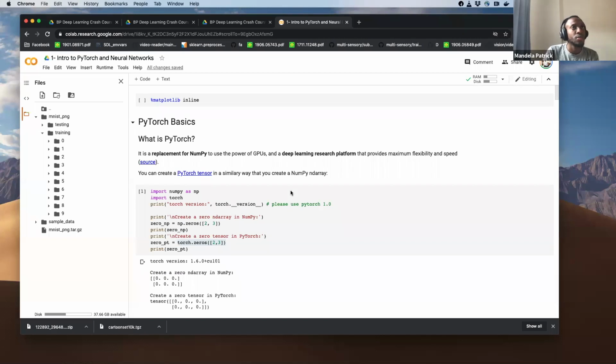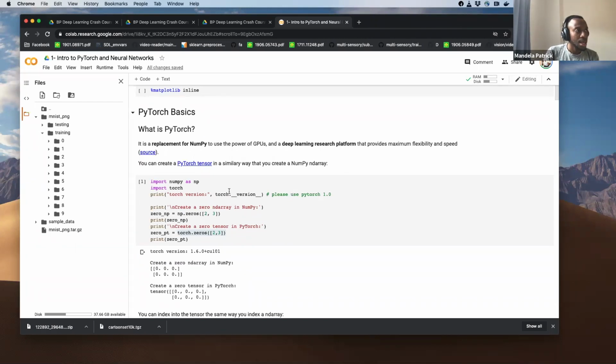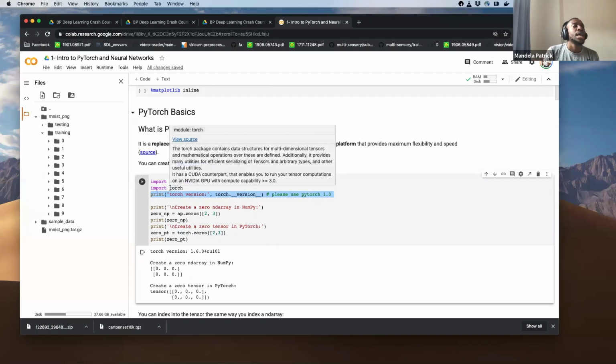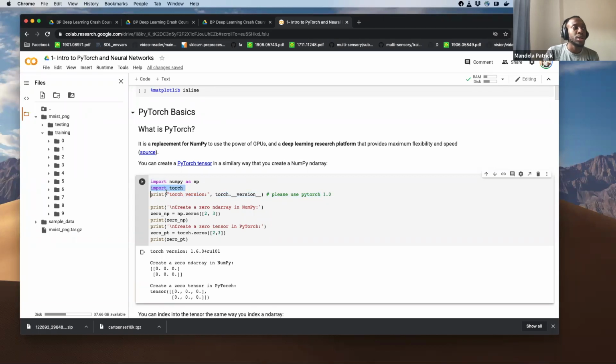So I could go through the code one more time since people maybe have a better understanding of what's going on. Again, NumPy is a library in Python that is used to do mathematical processing. PyTorch is another library in Python that's specifically designed for neural networks, particularly to build and train neural networks to run on GPUs. It's developed by Facebook.